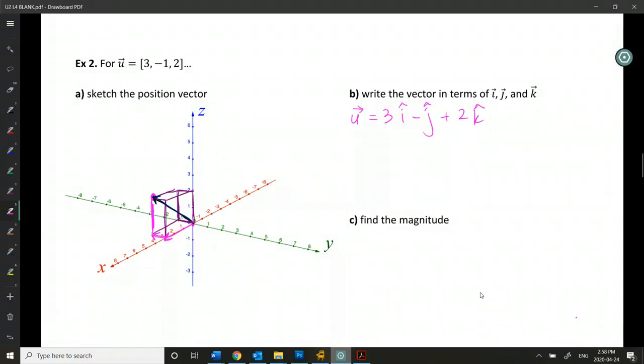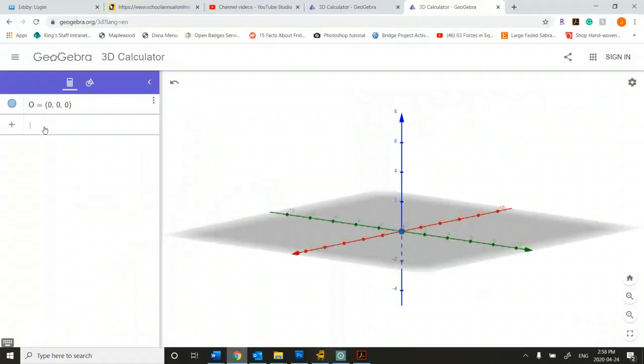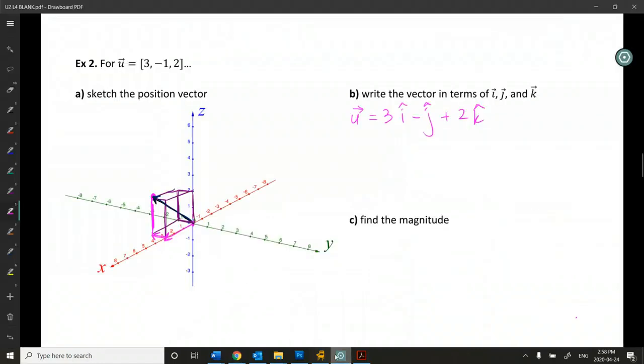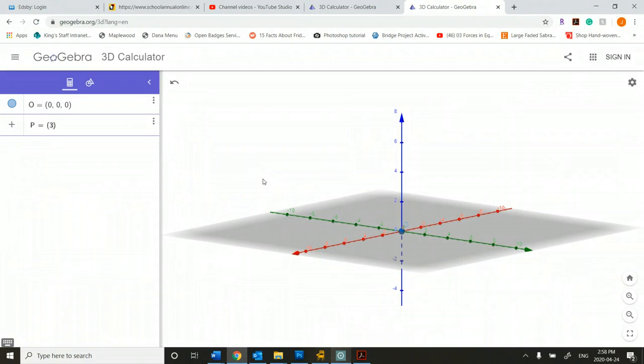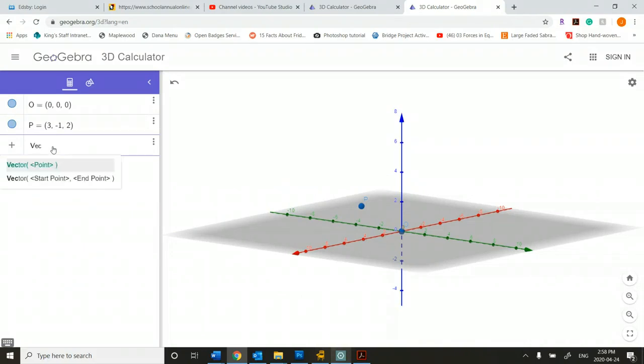And I'll show you this vector on GeoGebra as well. So we're going to start with a point at the origin, and then I want to also graph a point out to my vector. So my vector here, just make sure I get it right, 3, negative 1, 2. And now that I have those 2 points, I can create a vector in GeoGebra really easily, just by writing a vector equals, and then you just put O, comma, P, the names of your 2 points,